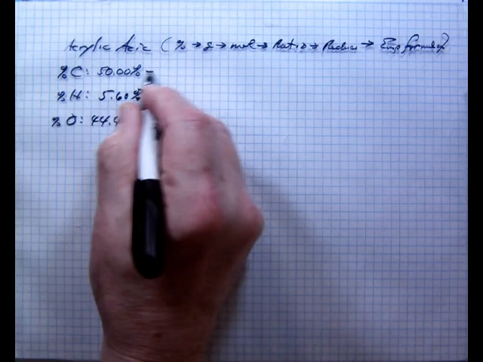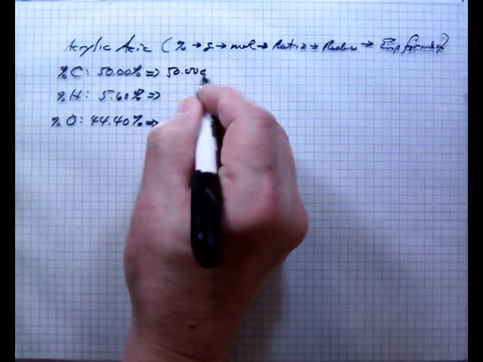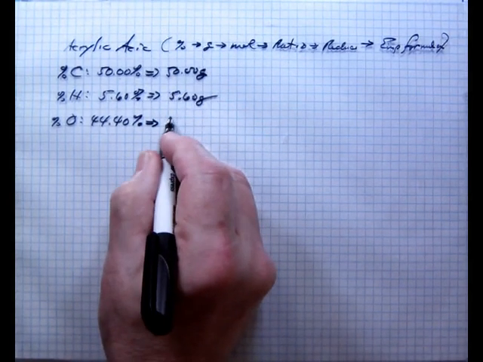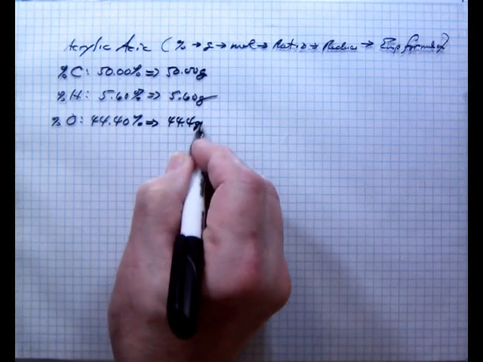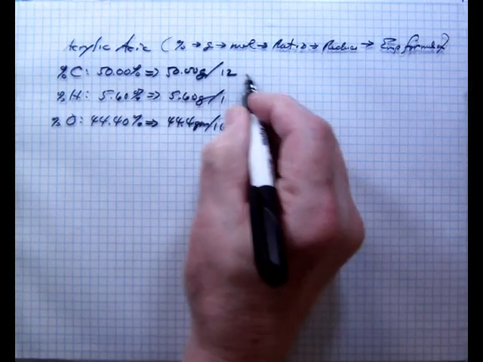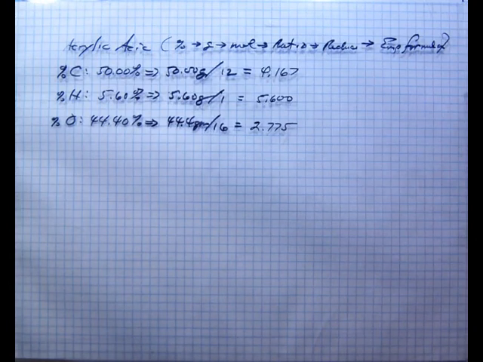So this would go to 50.00 grams, 5.60 grams, and 44.4 grams. Divide this one by 12, 1, and 16, and we'll get the, so we get